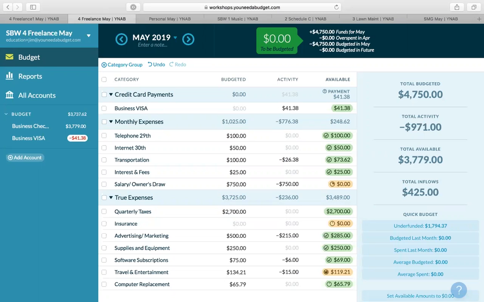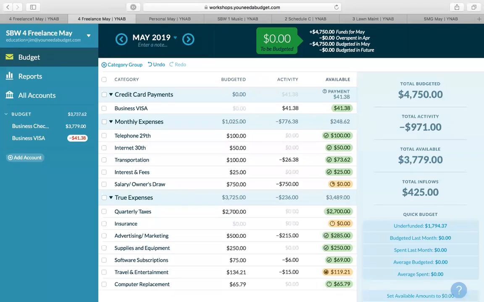We've got some time remaining, but I hope this is giving you some ideas of how you can use YNAB for your small business. I know it's something that often those off-the-shelf solutions have so much stuff going on, and you don't use most of it, and you don't need most of it. But budgeting is a powerful thing for your business as well.